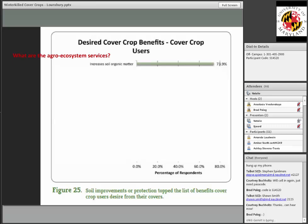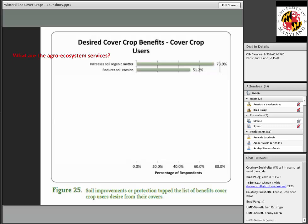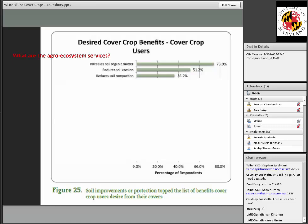The number one thing is farmers want cover crops to increase soil organic matter. Almost 74% of farmers want cover crops to increase soil organic matter. The second thing, farmers want cover crops to reduce soil erosion. Third thing, farmers want cover crops to reduce soil compaction. I think this is one, having worked with forage radish a lot, that we've noticed is really significant, and I think has come up in the last